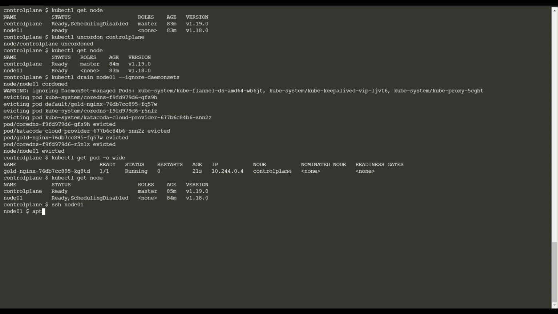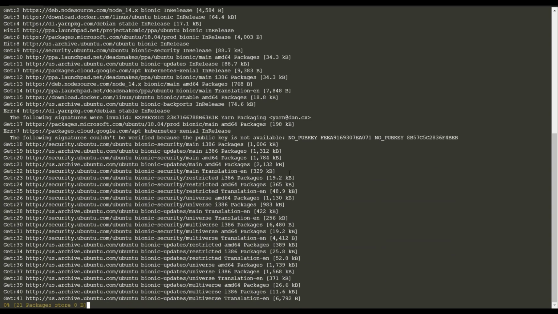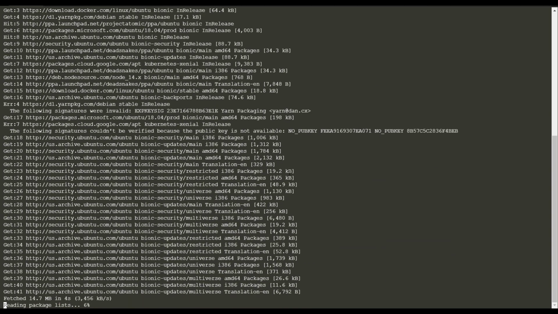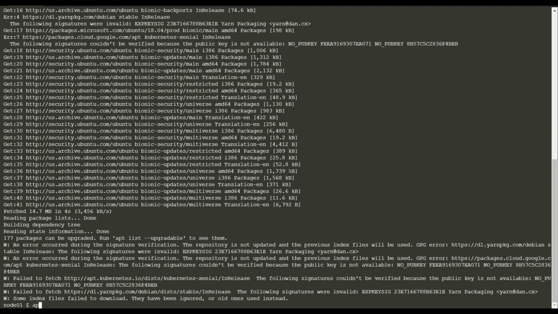apt update. apt install kubeadm=1.19. This is the version to which we are going to update.